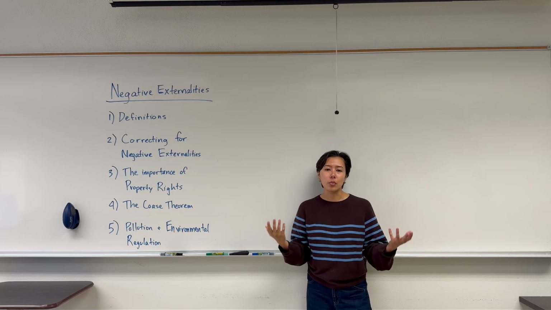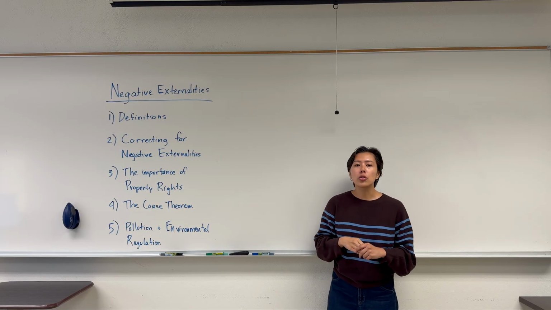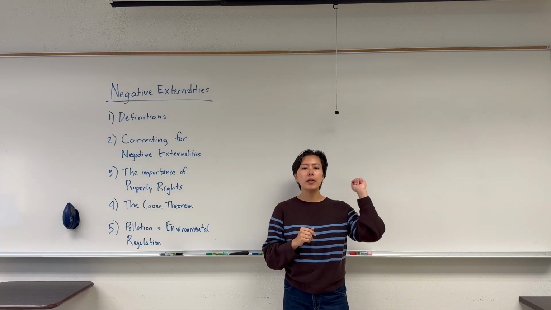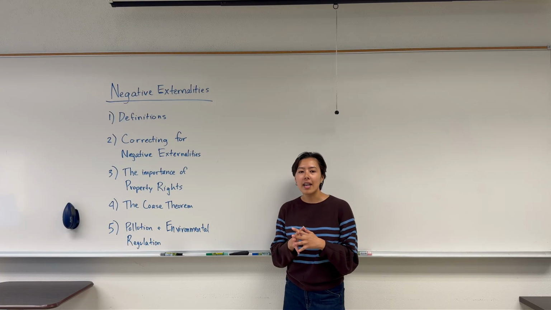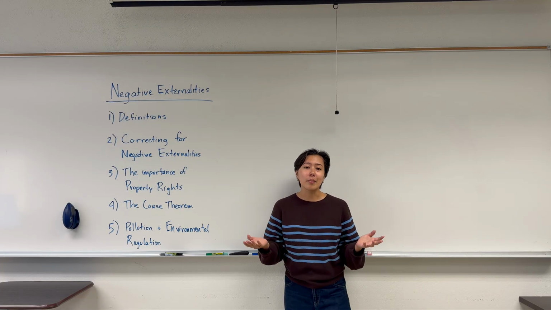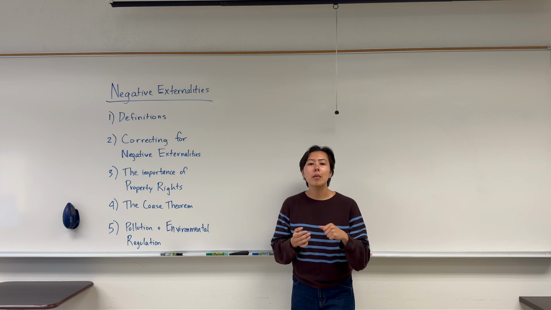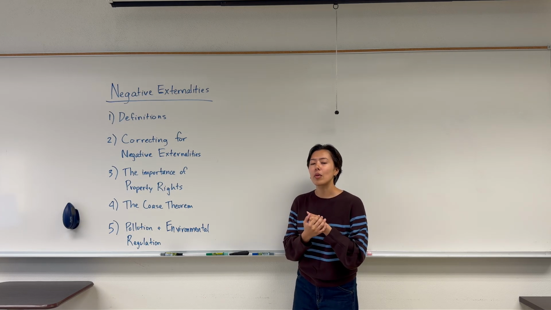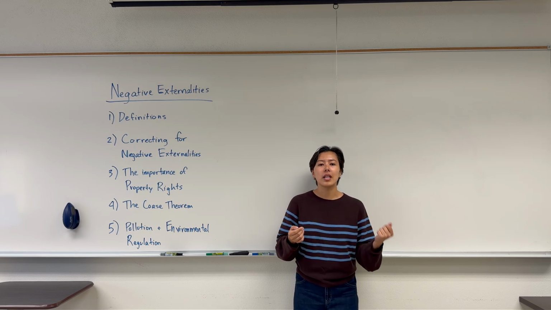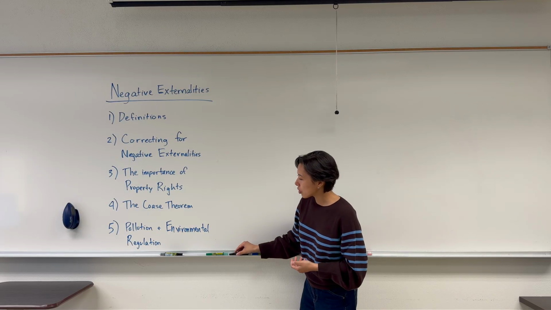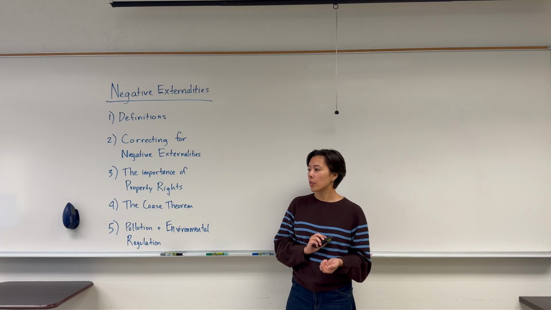So the cattle farmer might choose to put up a fence, that way his cows can't get over onto the wheat field and eat the wheat, or he'll just choose to give the wheat farmer some cash payment that says, hey, I'm sorry that my cows ate your wheat. Here is the money that you would have earned if you were able to sell the wheat that my cows ate. So those are the two options for our cattle farmer.